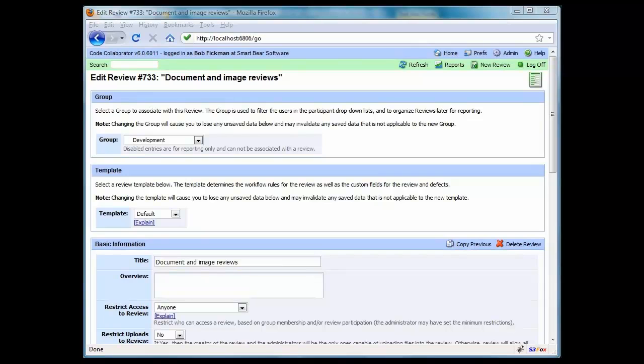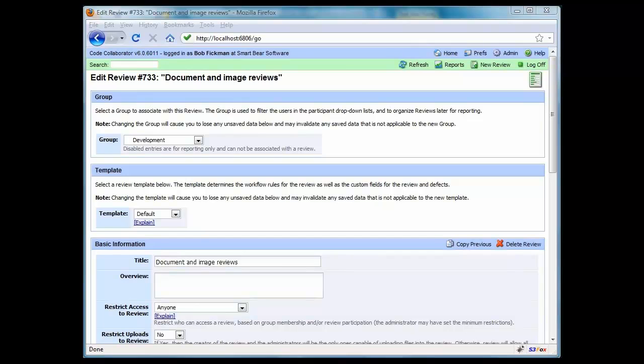Hello and welcome to a brief demo of CodeCollaborator, a popular and award-winning tool for doing peer code review. It can also be used, however, for reviewing more than just plain text source files. You can review schematics, drawings, VHDL code, XML, PDFs, any type of Microsoft Office document, so Word, PowerPoint, Visio, etc. This particular demo will show reviewing a PDF file that contains a schematic, followed by a Word document, and then